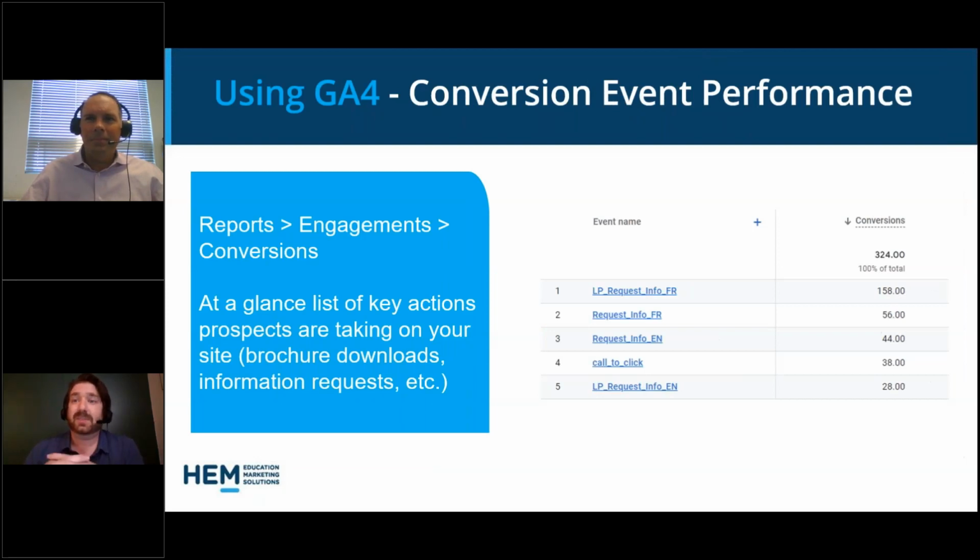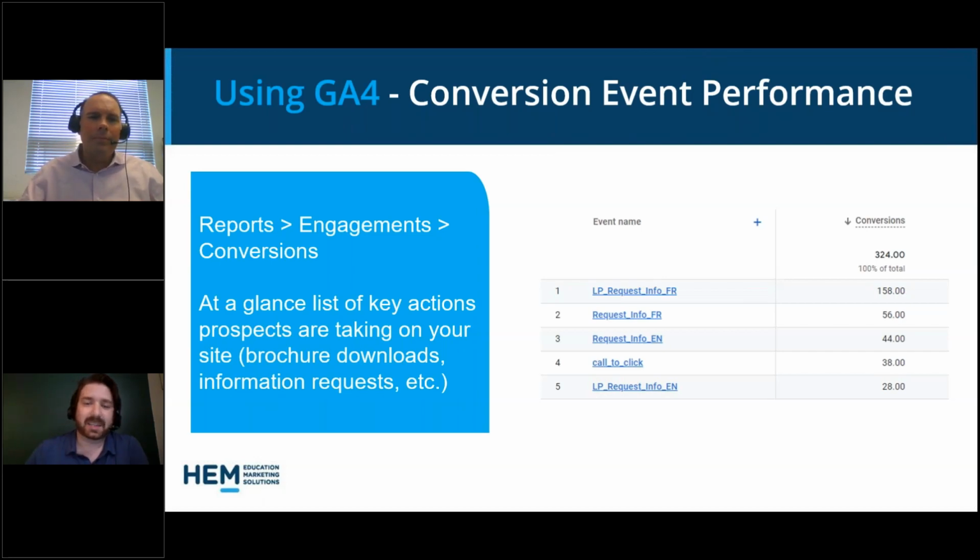So once you have all of your KPIs, your markers, set up, we're going to show you there's a lot of different information you can get on these, a lot of different ways to look into what's taking place and how your overall site is performing. Probably one of the first stops you'd want to make is the conversion report, which is under the engagement section of the main list. And here it shows you all the different conversion events that have been reported during the set time period, which is usually the last 30 days.